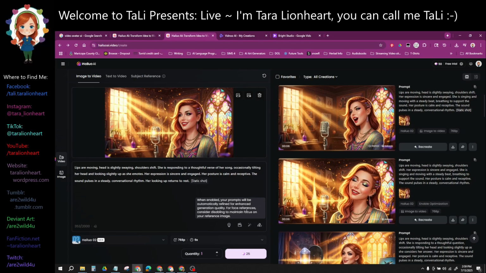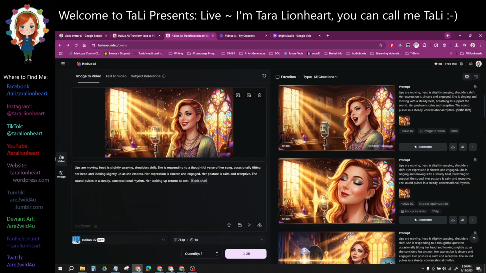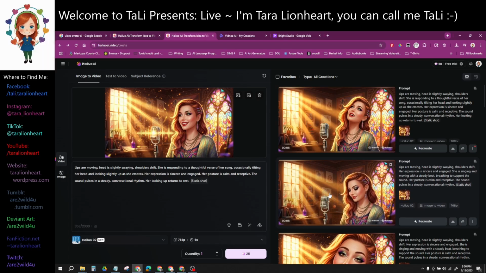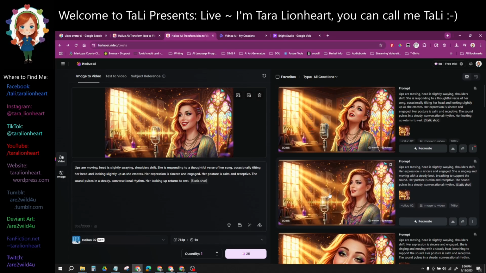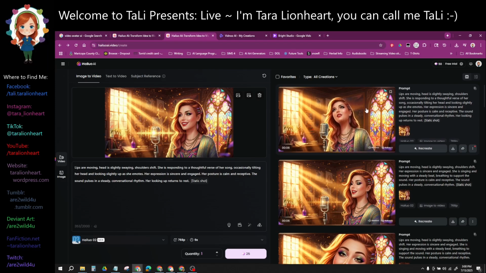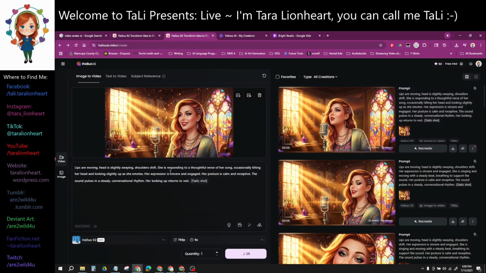So this is automatically turned on. And then it says that for face references, you might want to consider disabling this. So I did disable this and I added static shot afterwards. And so here we get, the shot is still, but she's got motion to her, completely turns her shoulders. And then, you know, soul searching, that was part of it. I told it that she emotes, her expression is sincere. So we've got that, and that prompt is still in here. We need to come up with another prompt.